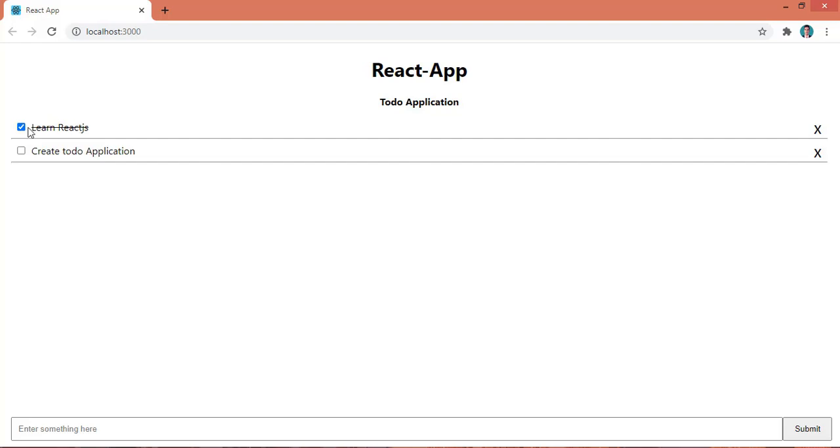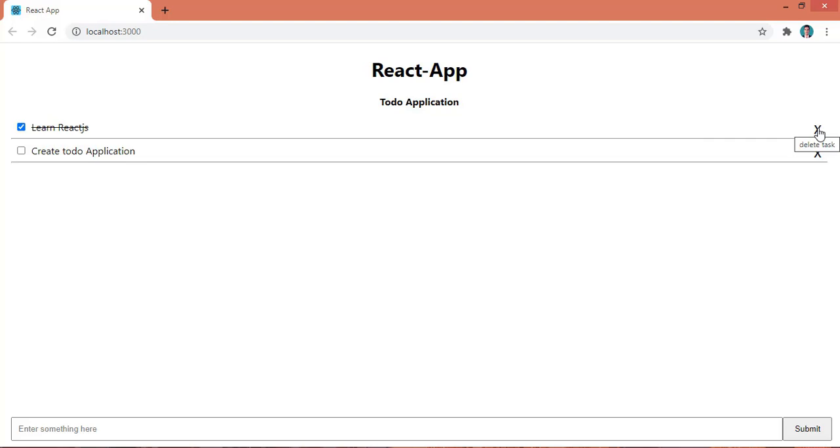The first task, you can see here, this checkbox is checked. That means the task has been done. If you try to uncheck this checkbox, it won't allow you because this task has already been completed. On the right side, you can see this icon. On click of this icon, you can delete a particular task.